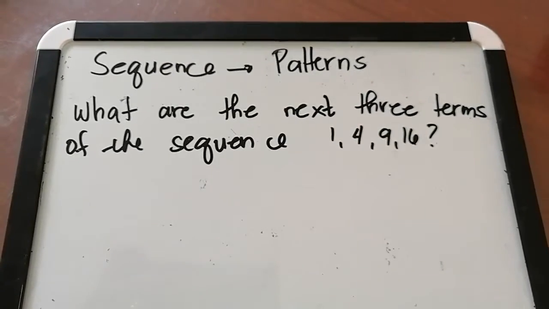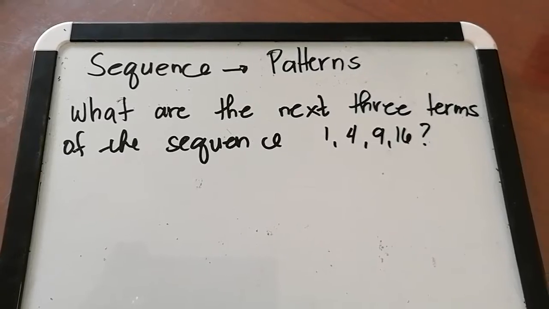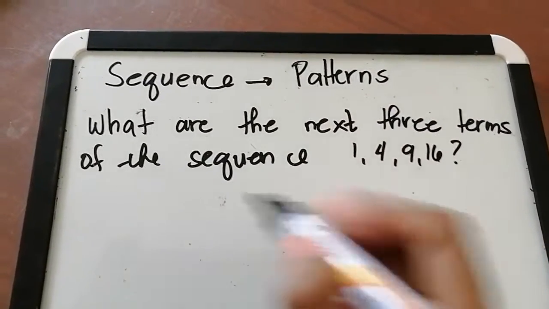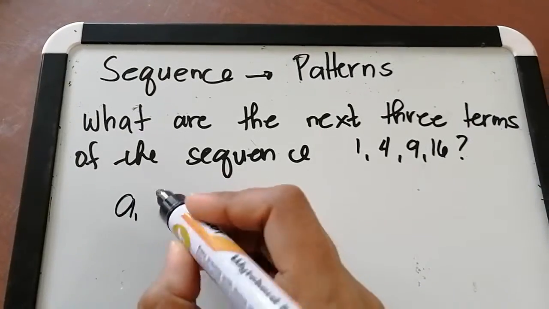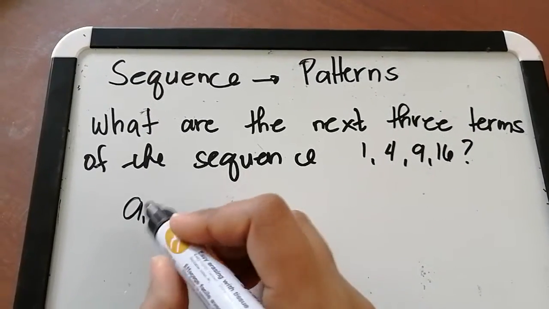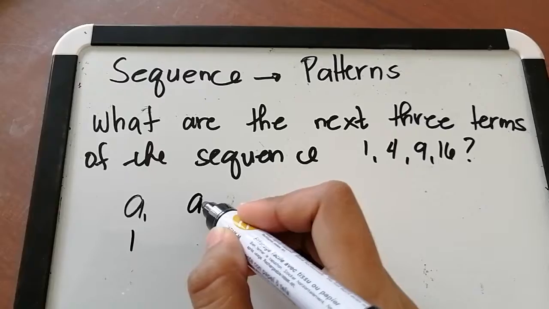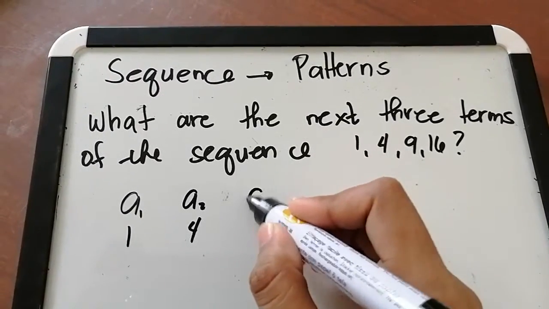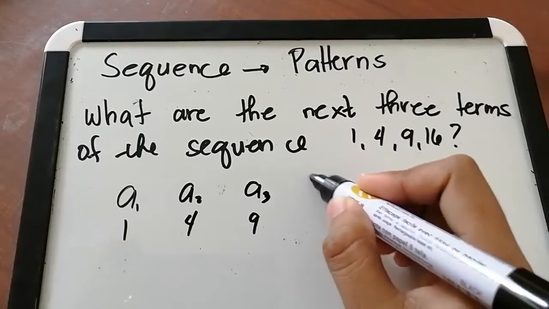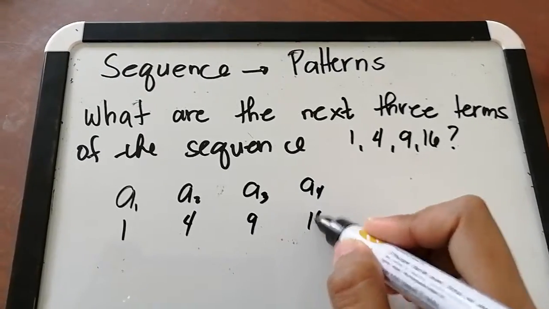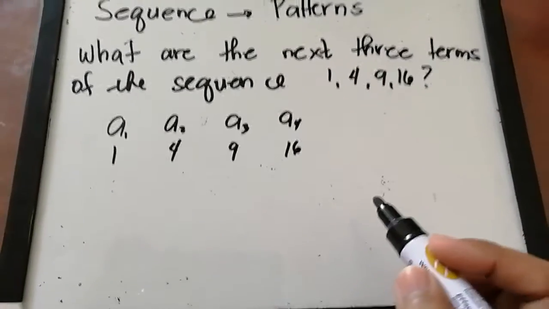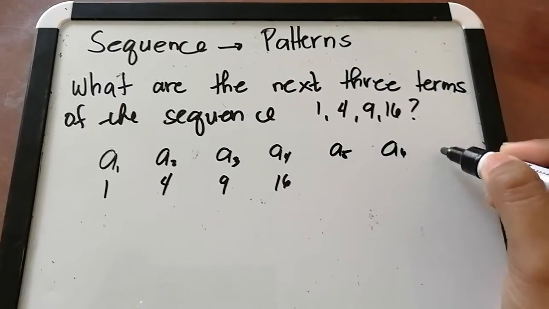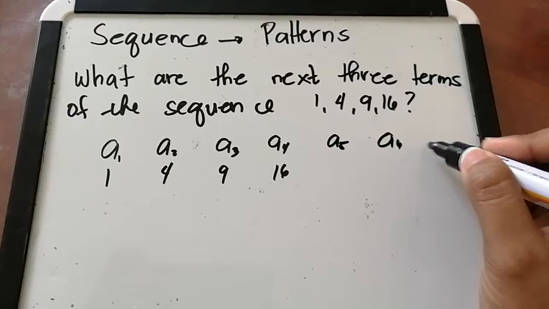Notice that when we are solving, we are using different code names. When we say first term, we use a sub 1 as the first term, which is 1. We have a sub 2, and that is 4, a sub 3, and that is 9, a sub 4, and that is 16. So to get the next three terms, which are a sub 5, a sub 6, and a sub 7,